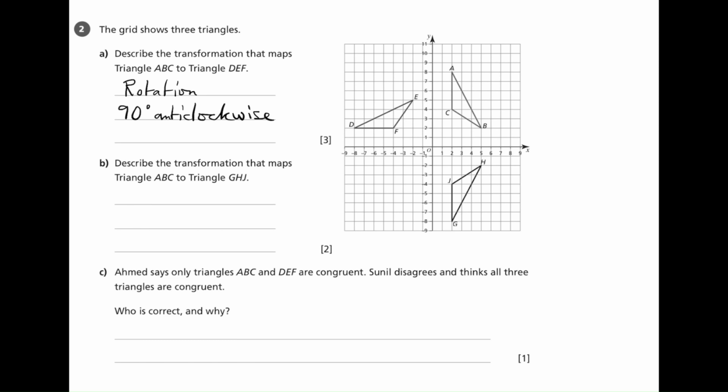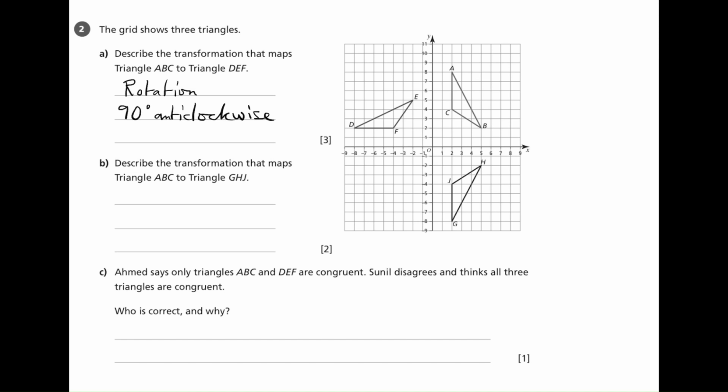The best way of doing this is to ask for tracing paper when you're in an exam. Place the tracing paper on the original triangle, put your pencil where you think the center is, turn the paper and see if the triangle fits, and play around with that. If you don't have tracing paper, then you look at the shapes, and if you think you know what the